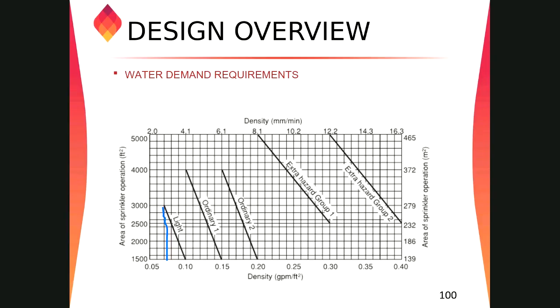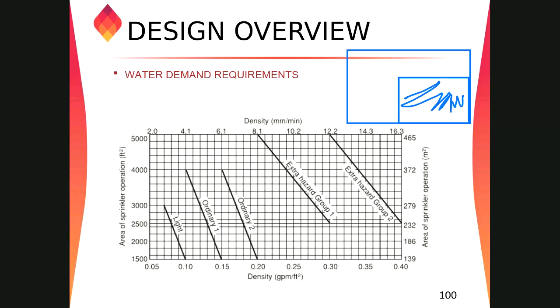We cannot go below 0.07. But this is for 3,000, not 4,000. This is for 3,000, right? Yes. What about 4,000? Okay, I got your point. Let's say your building is 4,000 square feet. NFPA says for the light hazard, you only have to consider 1500 square feet design area minimum. So if your building is 4000 square feet, or let's say 4800 square feet, we still have to consider this value only. Either consider 1500 or consider 3000, not more than that.